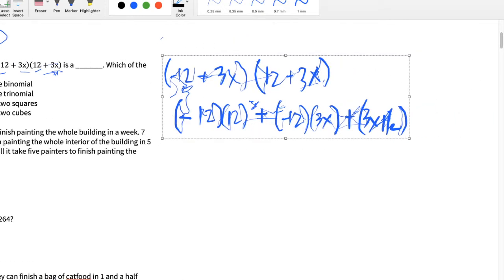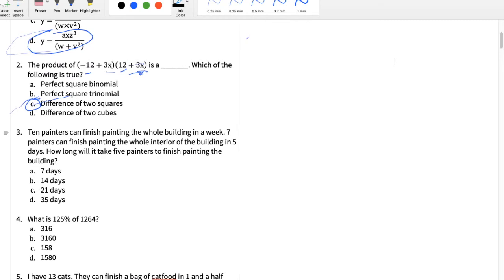Okay, I won't solve it fully, but if you try the FOIL method, your result is going to be the quantity negative 12 plus 3x times 12 plus 3x. If you rearrange that, you will get the quantity 3x squared minus 12 squared. So as you can see, you have a difference of 2 squares, or 9x squared